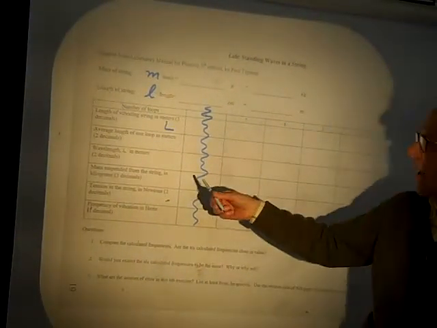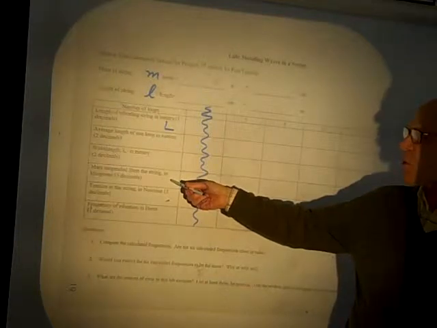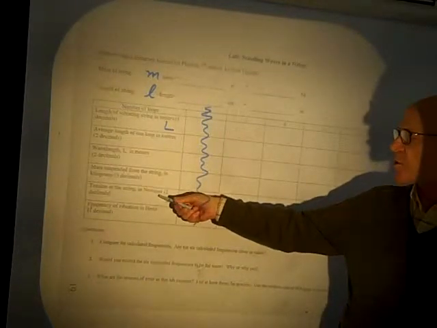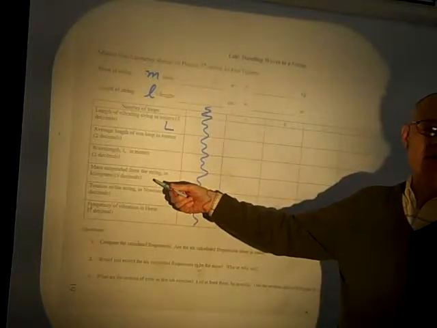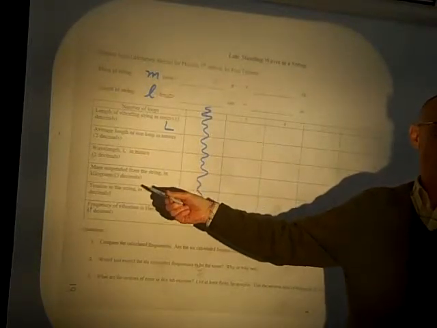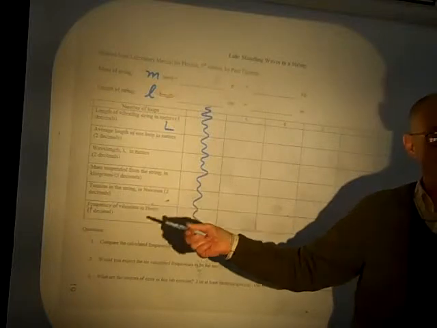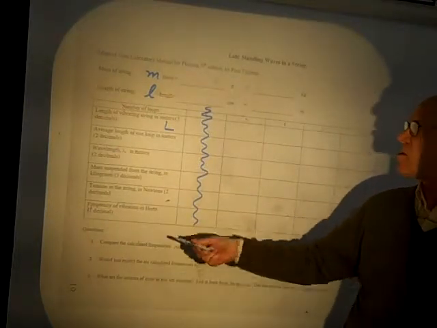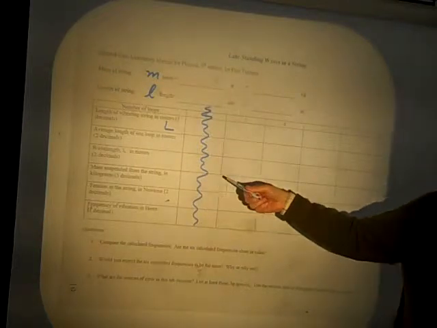Then the other data you're going to collect is the mass suspended from the string. Well, why is it mass suspended from the string and not force in newtons? Because all of these weights we're going to hang from the string, as we did in the demonstration, are marked in mass, in grams. So once, for instance, the first group creates a one-loop standing wave, then you'll